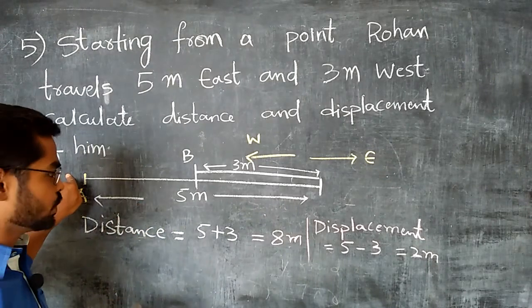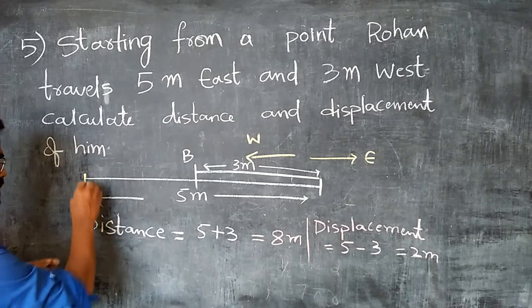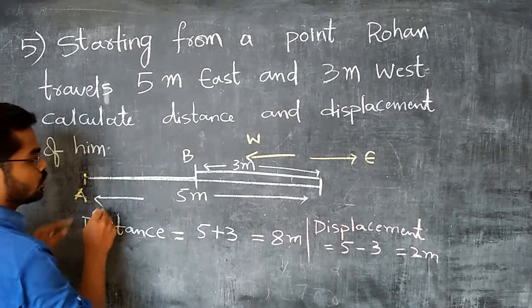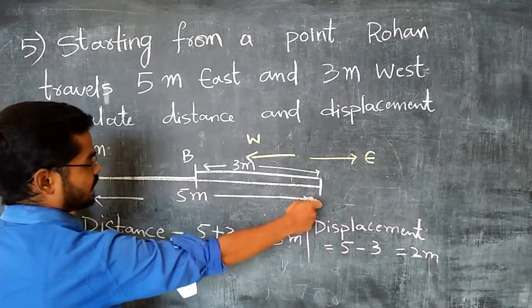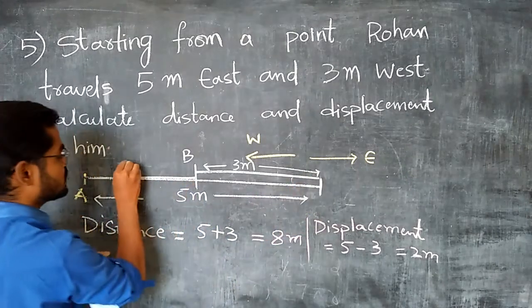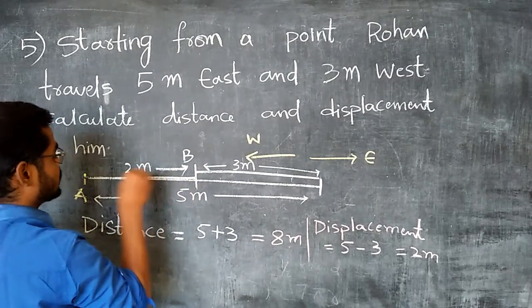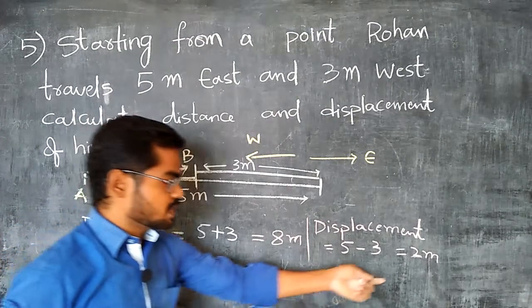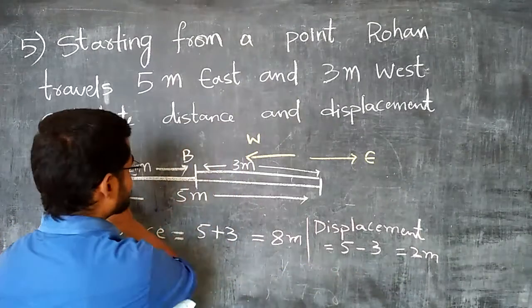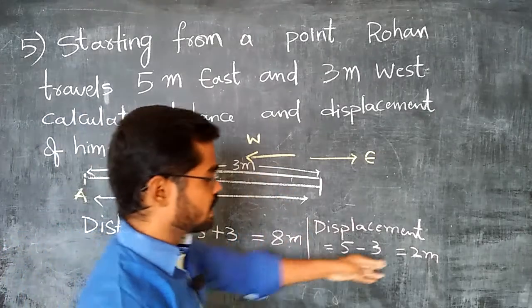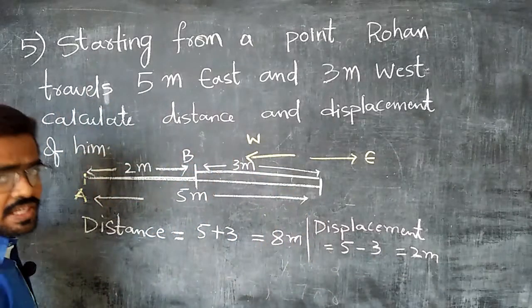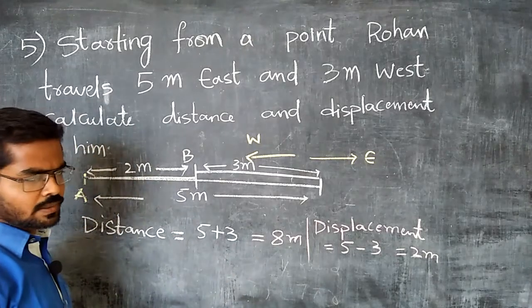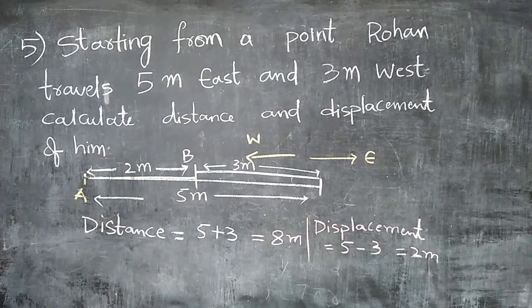You can calculate this same problem in this way also. So this is the starting point and this is the ending point. If you join these two, this value is how much? Total of 5. 5 minus this 3 is how much? 2 meters. So he is 2 meters away from the starting point. Whenever you get displacement as a positive sign, he is 2 meters away in this right direction. If you get minus 2, he is 2 meters away in the left direction from the starting point. That is the meaning of it. Okay. Next we will solve another question.